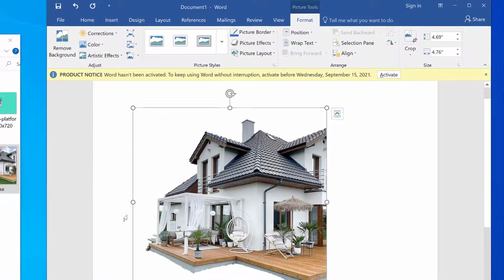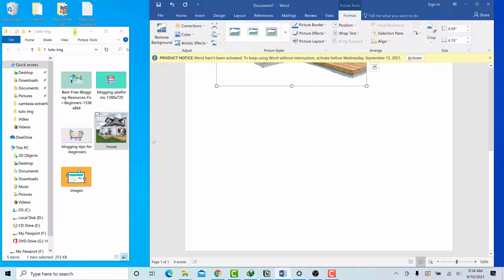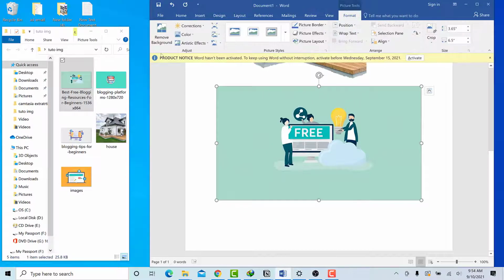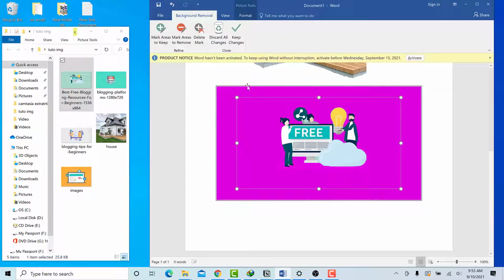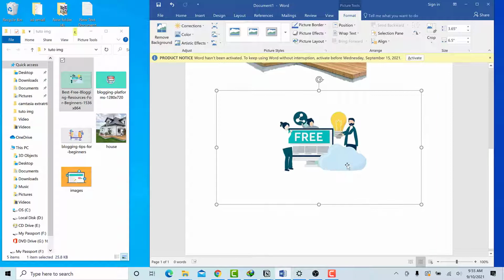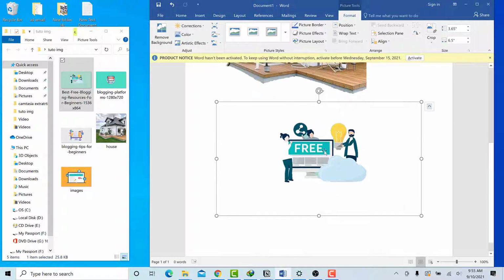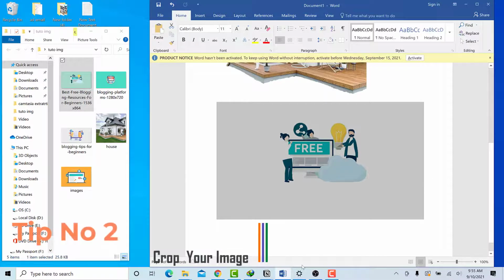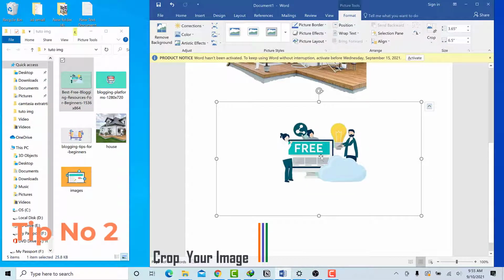So let's try another image like this one. The same procedure. Select, remove. You can adjust the area. This one is already good, and keep changes. Select, remove, keep changes, and you can see this one is a little bit large. You can see it's taking all this area. So after you have removed the background, you just select and you crop it.